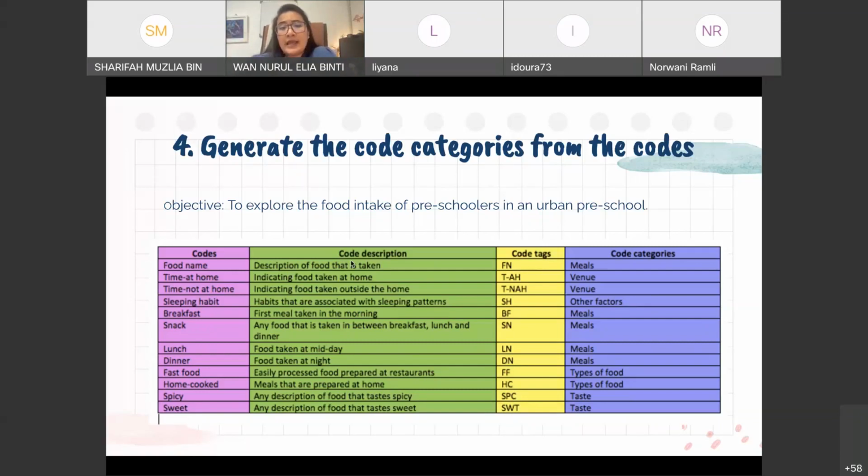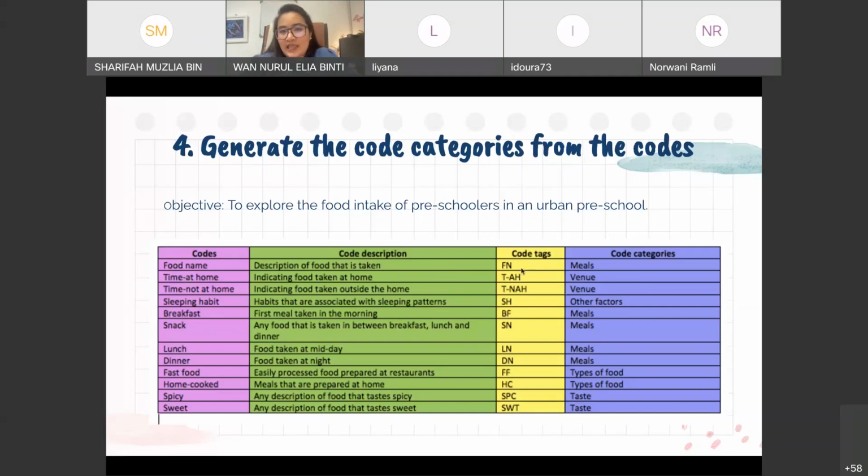All right. After that, you have the code text as well. You can't be writing down food name, time not at home for every phrase. It's not economical. So in order for you to code faster, you can assign it a code text. Instead of writing down food name, you can just write FN.